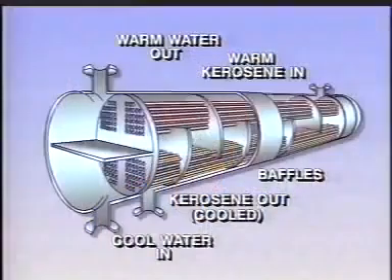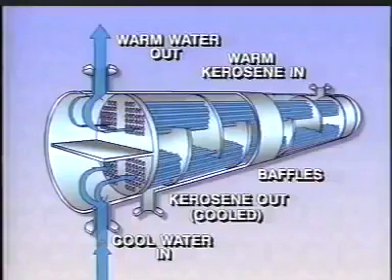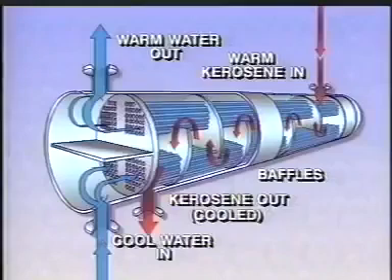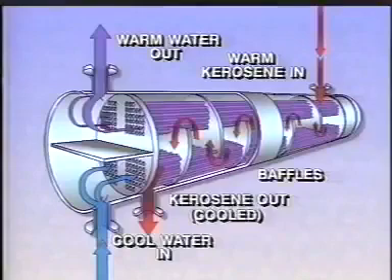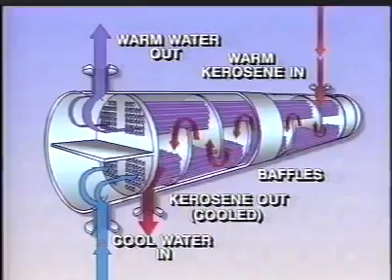Coolers are heat exchangers too. As the name implies, coolers lower the temperature of the liquid or vapor. In the next example, kerosene is being cooled before going to storage. Cooling water passes through the exchanger twice, while the kerosene makes only a single pass. As the kerosene moves through the exchanger, it releases some of its heat to the water. The baffles keep the flow of the kerosene turbulent, ensuring maximum contact between the kerosene and the tubes. With this contact ensured, the kerosene is cooled efficiently and can then be stored safely.